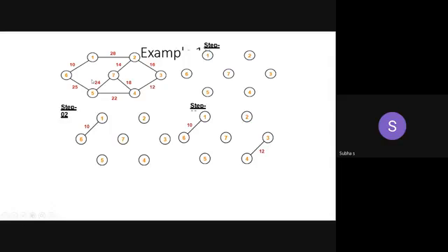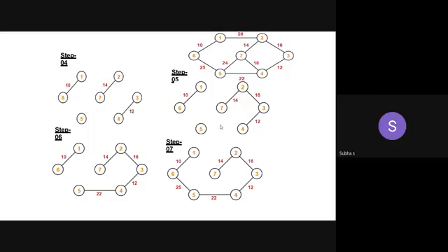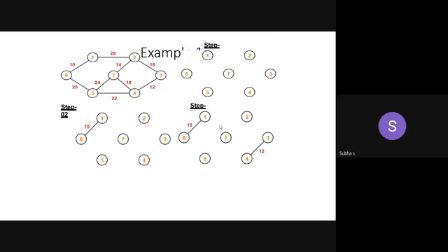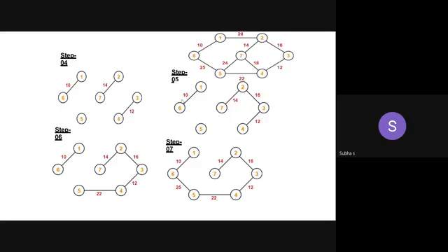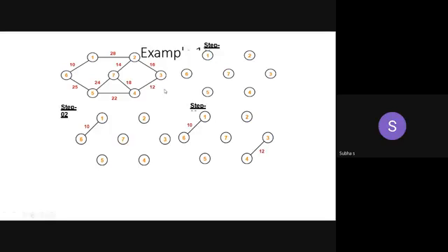I have chosen the minimum weight. 10 is there, connected between the vertices 1 and 6. Okay. Then what is the minimum weight? 12. I put it on the board. Okay. I put it for 3 steps. Now you can easily check this PPT. It will be more clear. 3 and 4 connected, with the weight as what? 12. Okay. Then what is the next minimum cost? 14. As mentioned earlier, 14 is connected. Step 4. Yes.